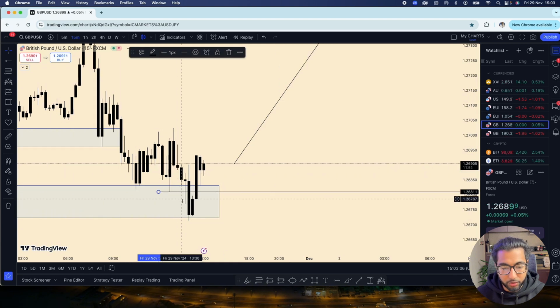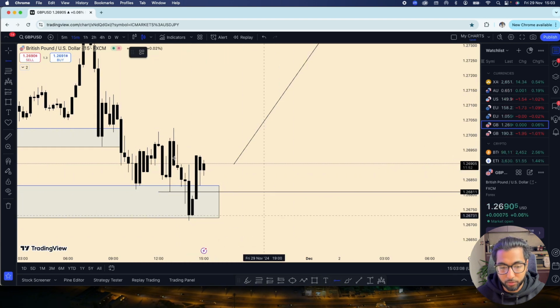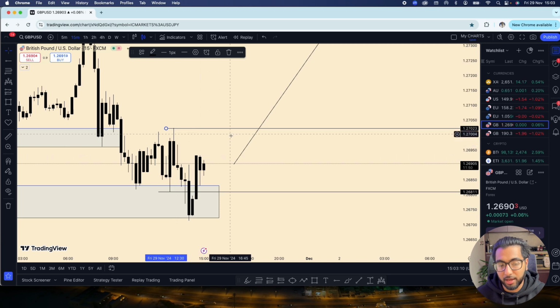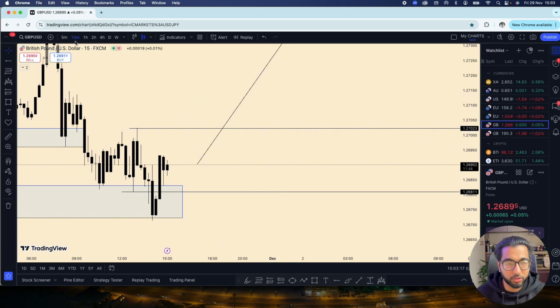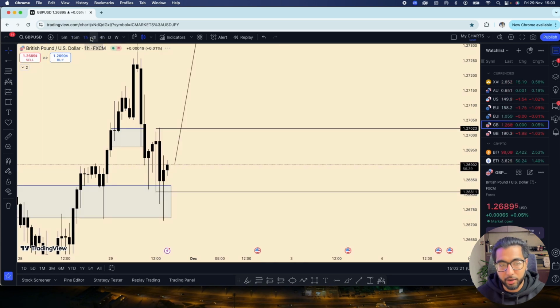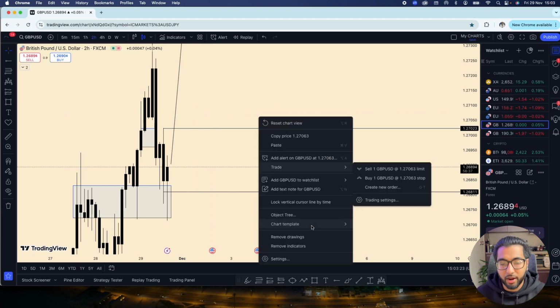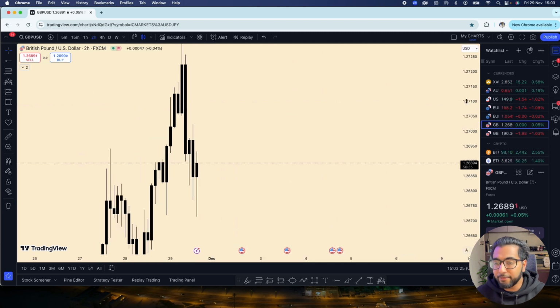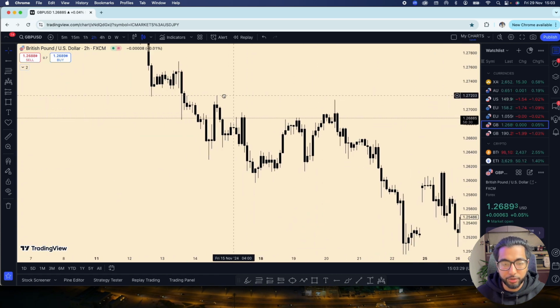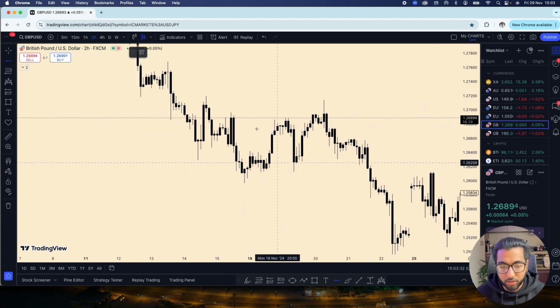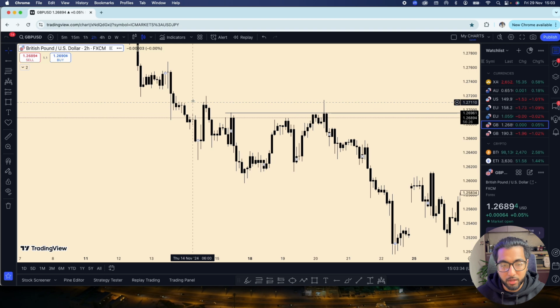Create the low, swept it. Where are we heading to? Well, most likely, it's definitely going to tap these highs, right? Especially when markets are moving choppy like this, you can keep these really small trades and keep it going. Obviously, more than 15 minutes. I would usually look at the 4 hour, the 1 hour or 2 hours. Liquidity sweeps are everywhere, guys. You're going to see it on every single time frame. I can literally go back and show you, right around over here. Look at this, right? Price comes down. We obviously create a high.